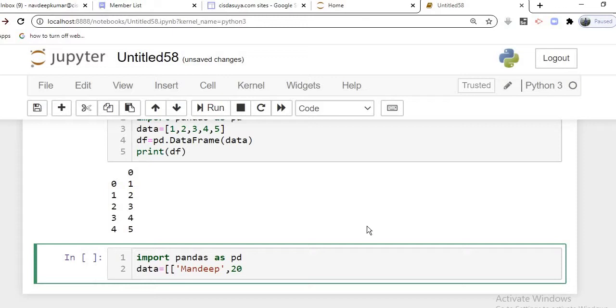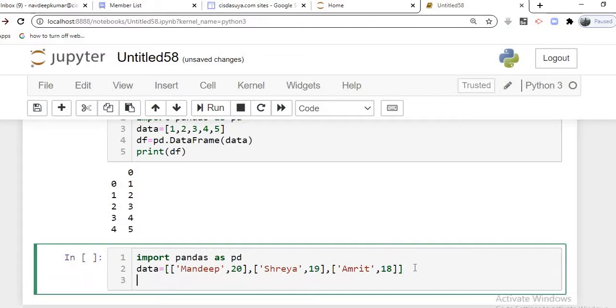Then moving to the next student, let us say Shreya, and age is, let's say, 19. Then the next student is, let's say, Amrit, and his age is 18 years. Close the list. So this is how we have initialized the data.